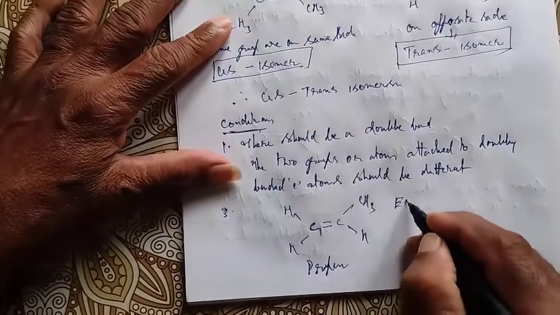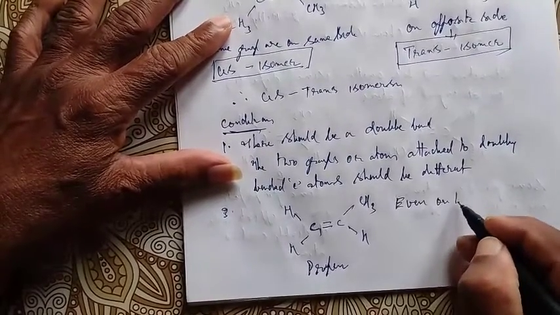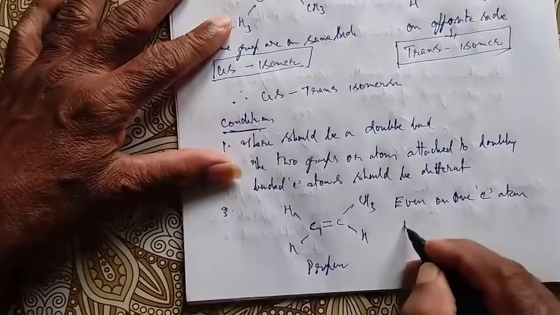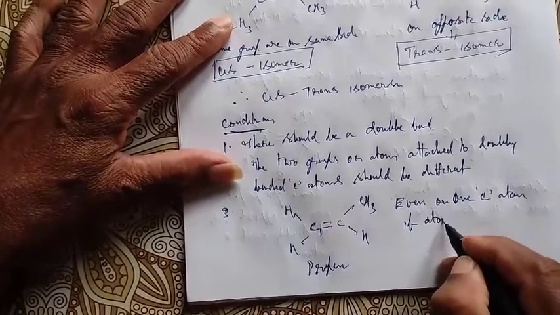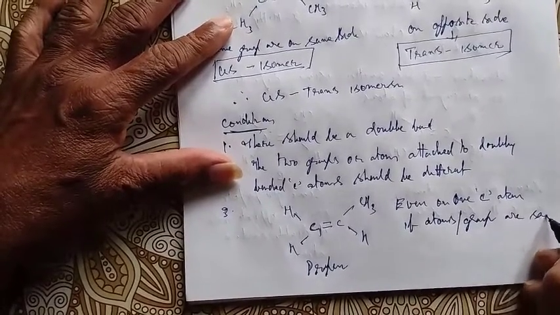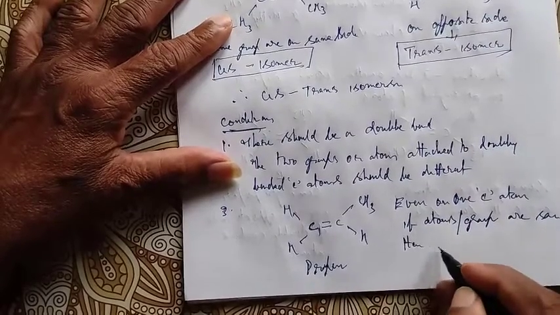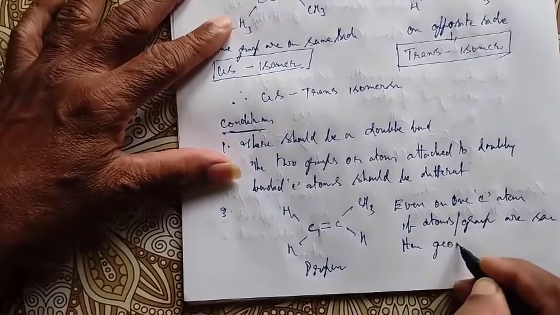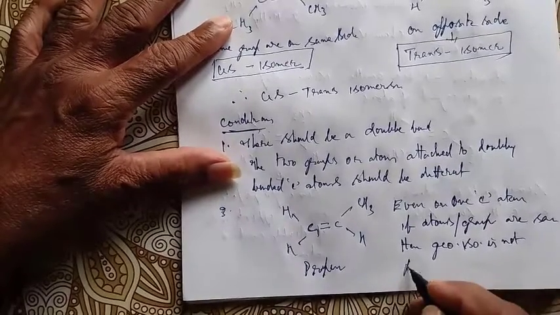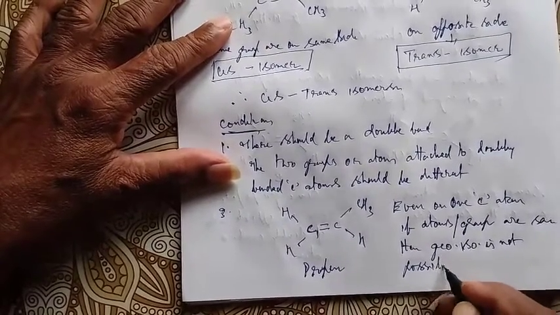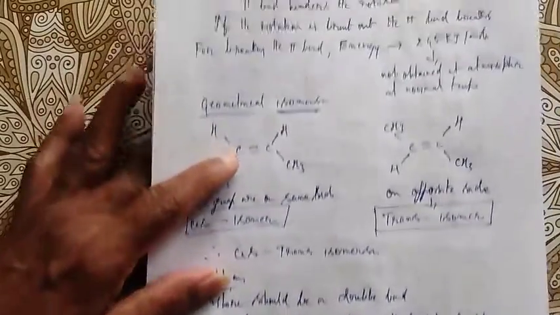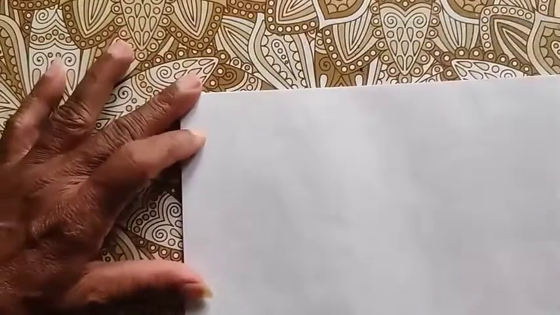Therefore, the third condition is: even on one carbon atom, if atoms or groups are the same, then geometrical isomerism is not possible. Geometrical isomerism is not possible, or cis-trans isomerism is not possible. Now the geometrical